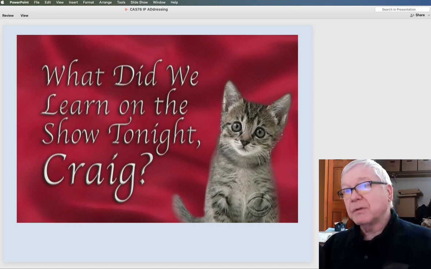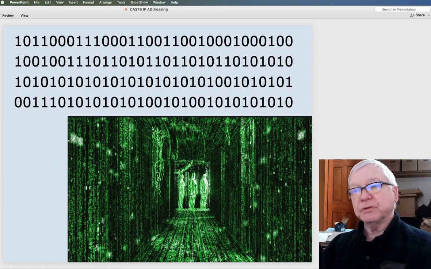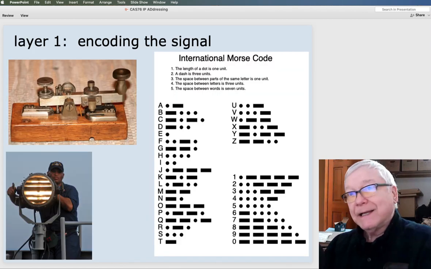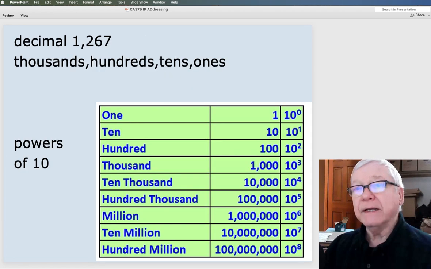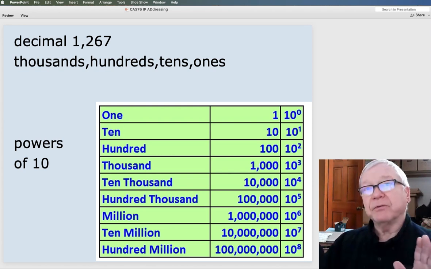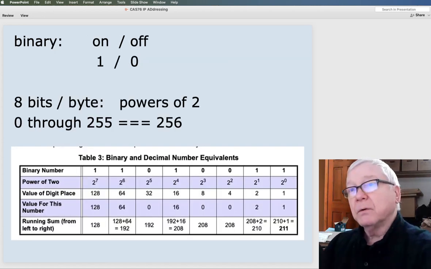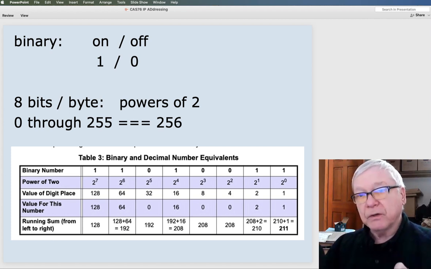So what's the bottom line? Just to recap a little bit, we've got this stream of ones and zeros, which is what it is all about. All the information is ones and zeros. There's an encoding to those ones and zeros that tells us what they mean, and we understand now that the order of those bits has a meaning in terms of binary ones and zeros being the representation of the powers of 2.